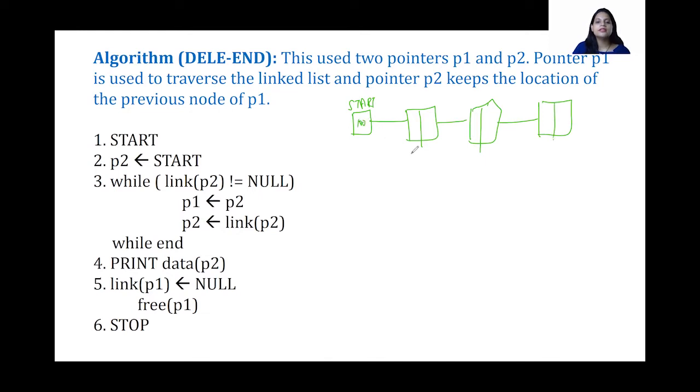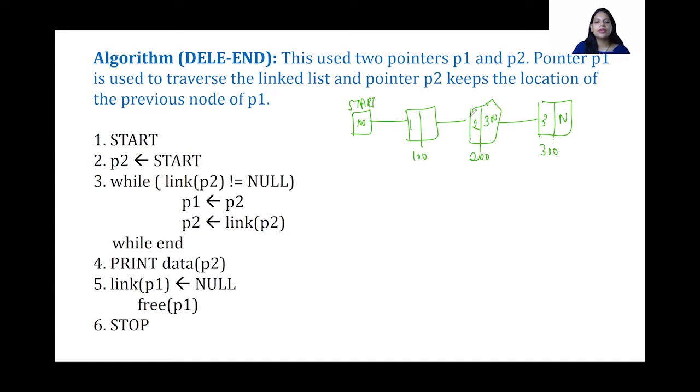This is 100. This is my address. This is 200. This is 300. Obviously, the last one is going to have null. Here, the data field, I'm going to leave it empty, or let me write 1, 2, 3 here. So what is the value here? Here is nothing but the address of the next node, wherever it is attached, isn't it?